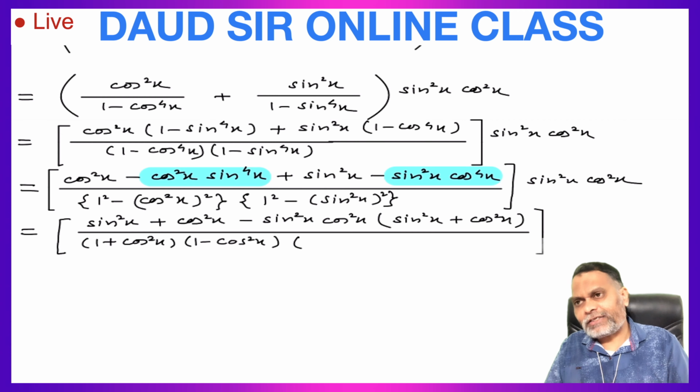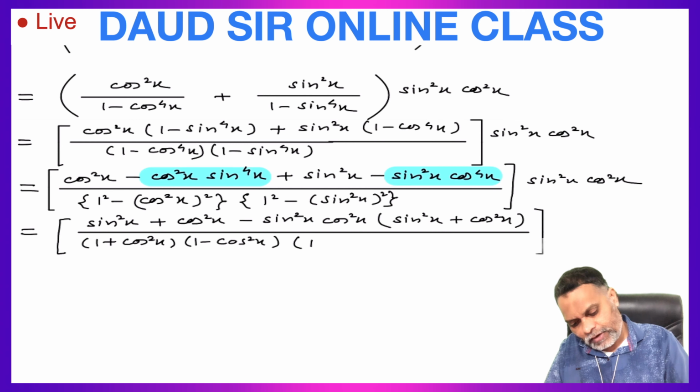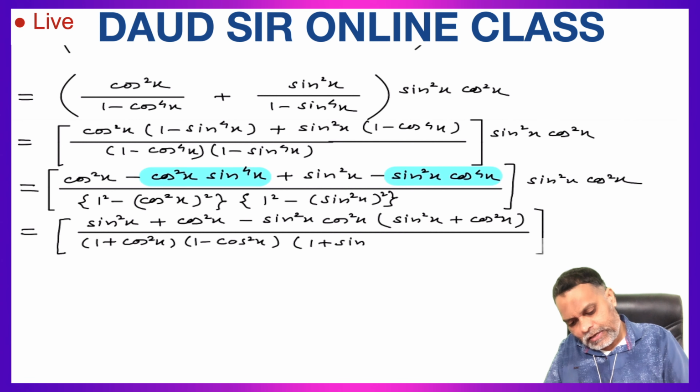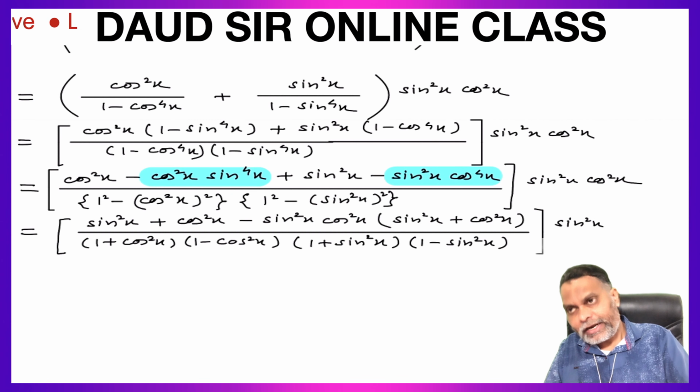So 1 square minus sine square x square is 1 plus sine square x into 1 minus sine square x, into sine square x into cos square x,